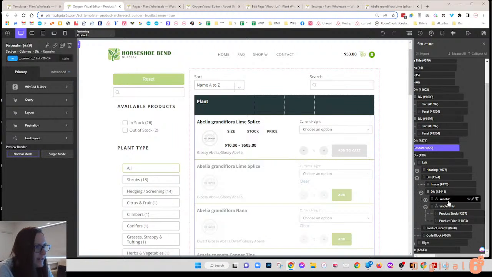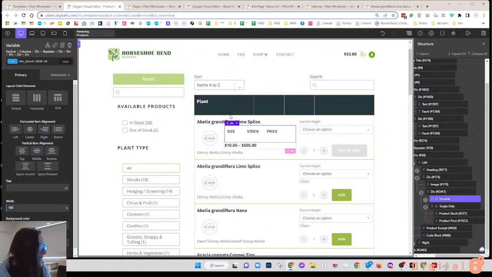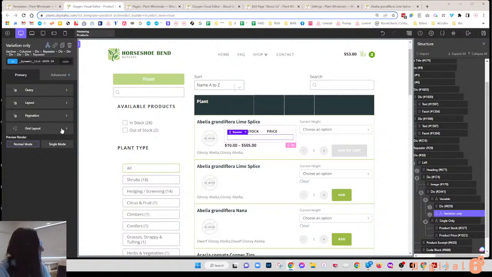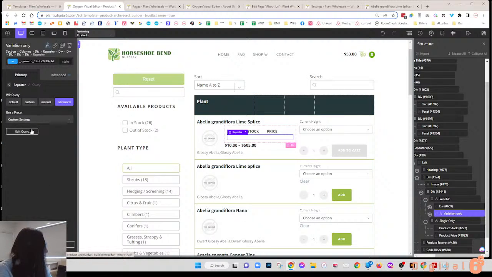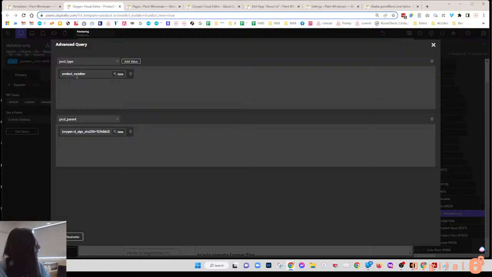And then this one is a nested repeater. It's actually a repeater in there, as you can see here. Now, the query that we used to find that was product type variation, and where the post parent is the